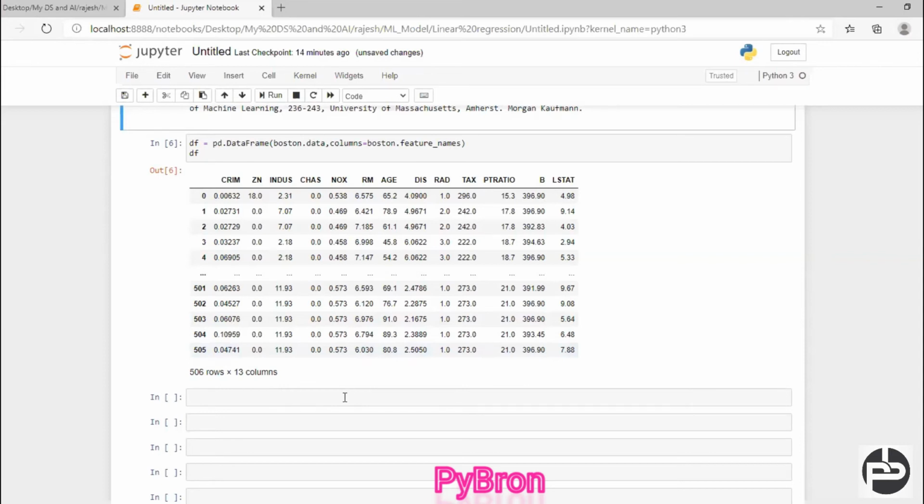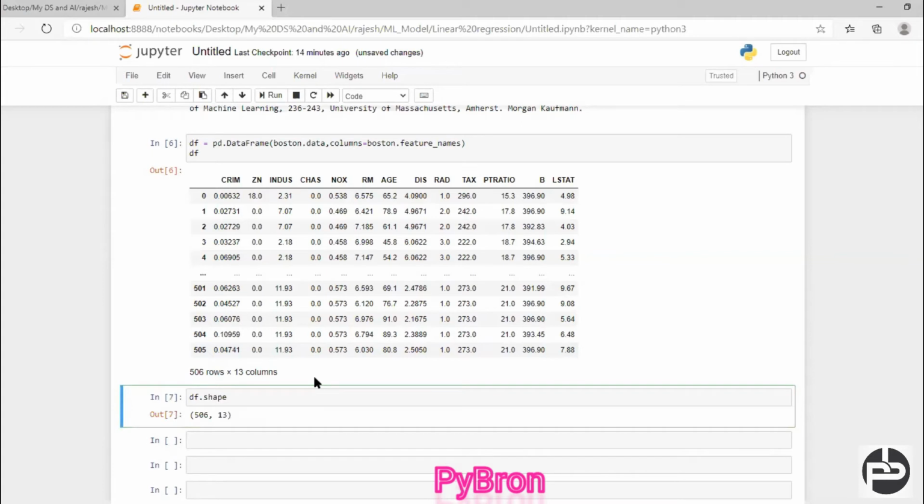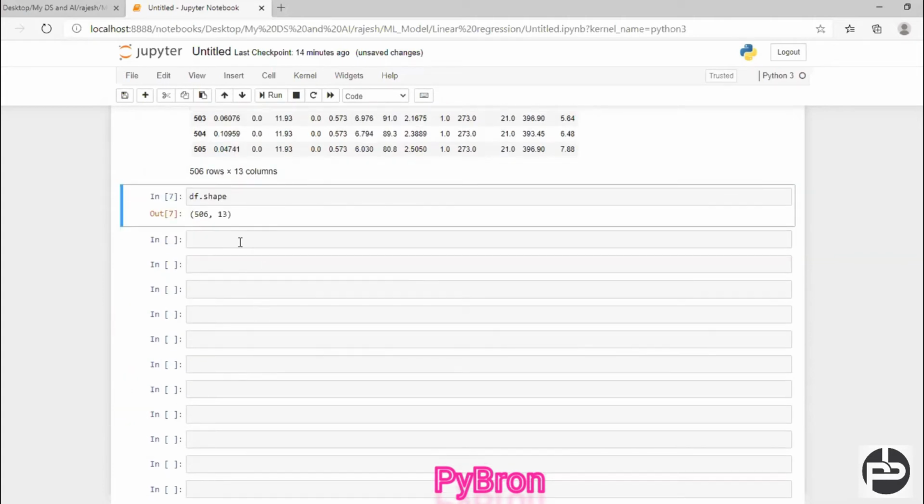So in this case I can ensure that my data set is loaded successfully. Now next is the independent features, and you have to associate the target column also. As you know, you can check the data set shape independently with the help of df.shape. So the shape we had created.